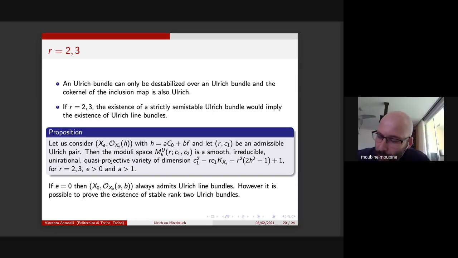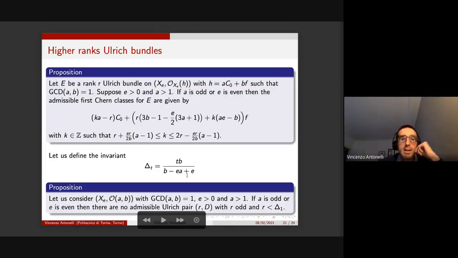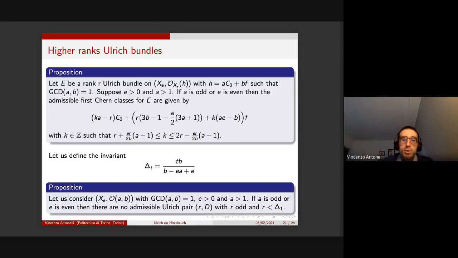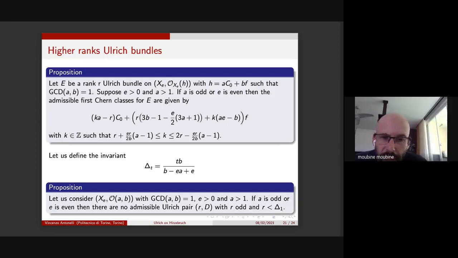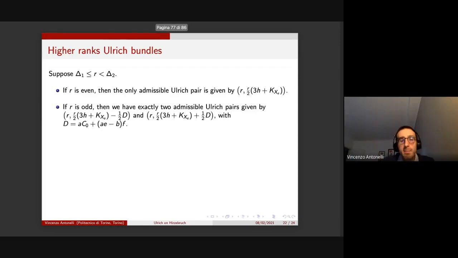So for the odd rank case, they don't exist for r less than delta 1? Yes. Okay. That's because if you have this condition, this gives you that there's no integer in this range, so you have some numerical obstruction to have an admissible Ulrich pair. Okay. And for higher t, did you check or do you have examples? No, I didn't check. I have examples of